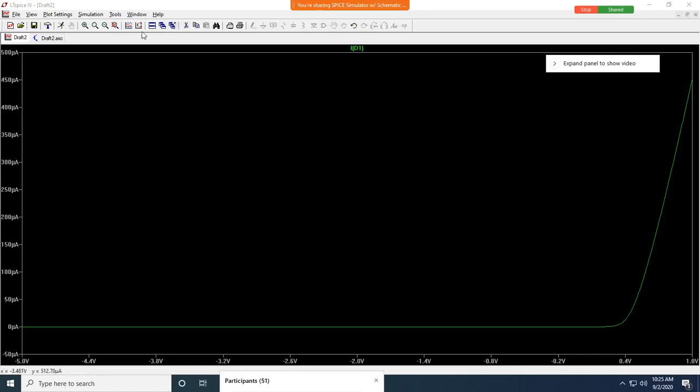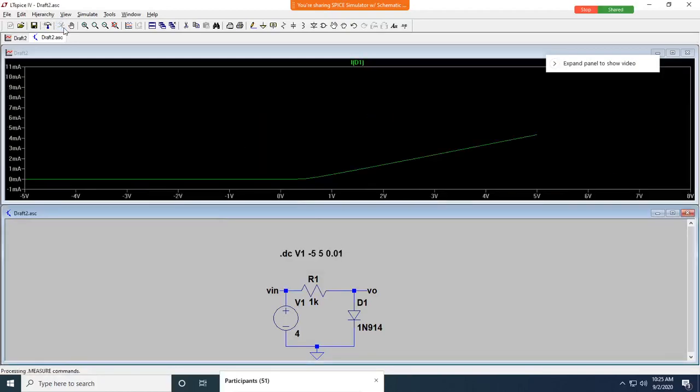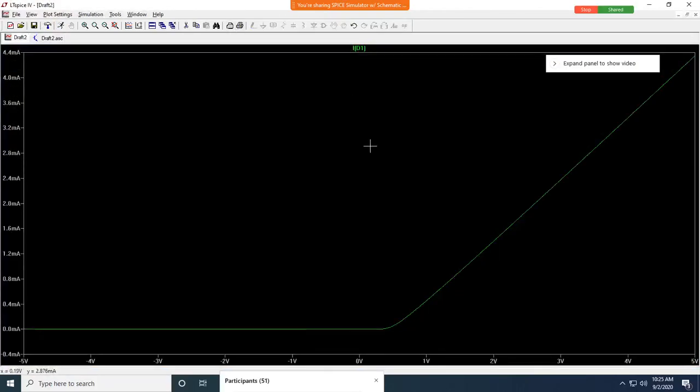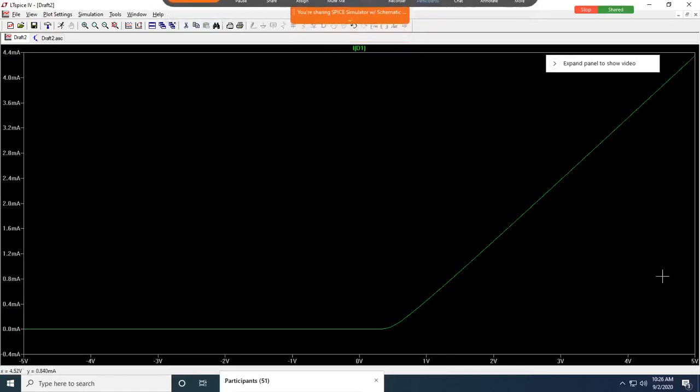Instead of 1 volt, let me make this sweep up to 5 volts. You can see I made it up to 5 volts. I will run it again. Yes, this is your IV characteristics. Can the voltage across the diode go up to 5? It can never go, no. Voltage across the diode can never cross 0.6 or 0.7 volts, but here it is coming up to 5 volts, meaning this is not the IV characteristics.